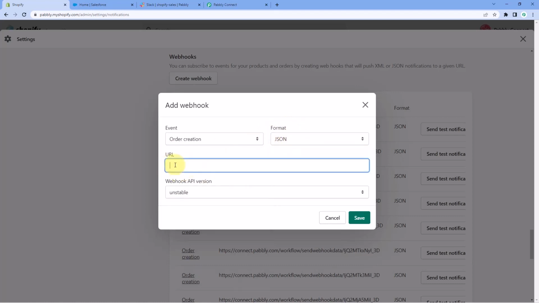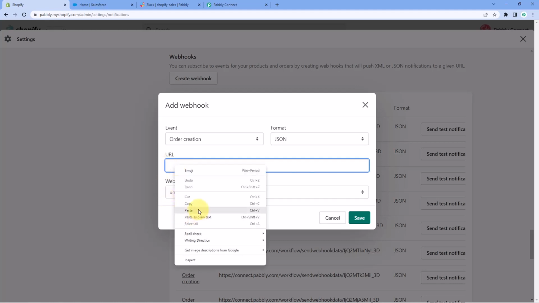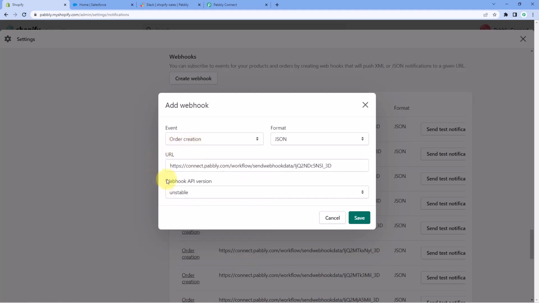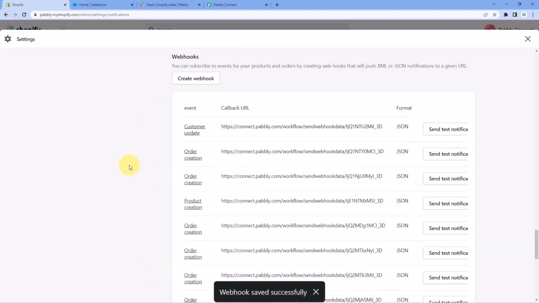And in the URL section, we have to paste the very same webhook URL which we have copied from Pabbly Connect. So just paste it over here. And at last, in webhook API version, from the drop down, select the latest version and click on save. And that's it guys. We have successfully created a connection between our Shopify store and Pabbly Connect using this webhook